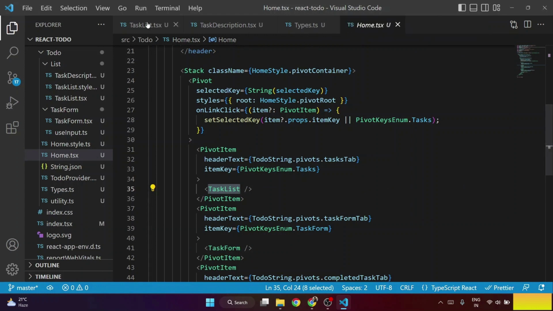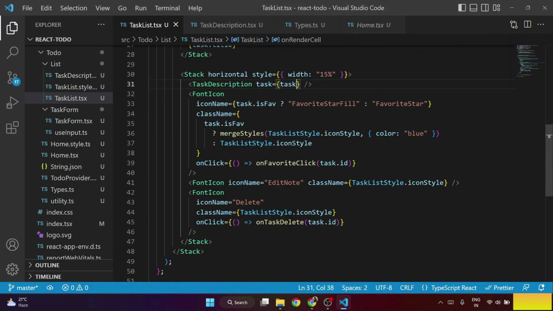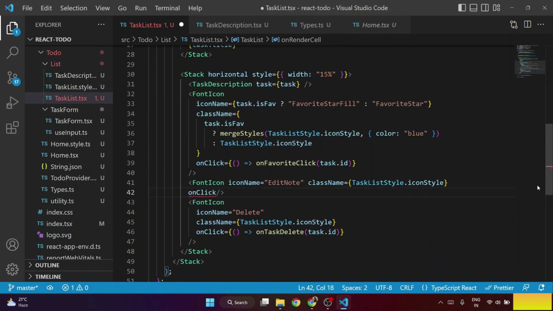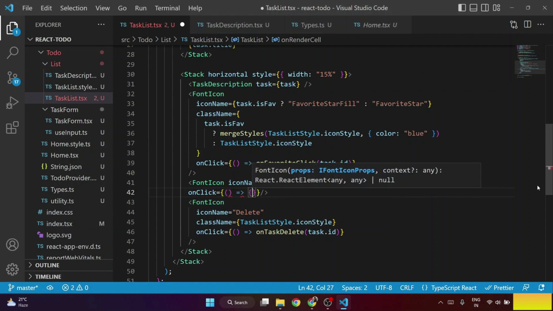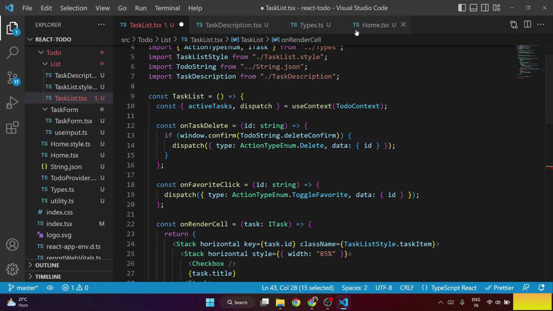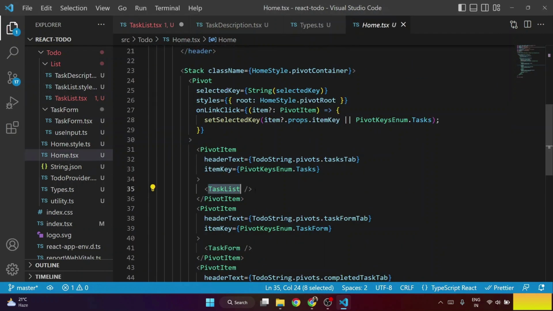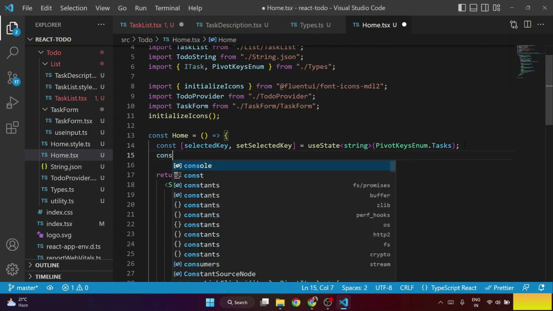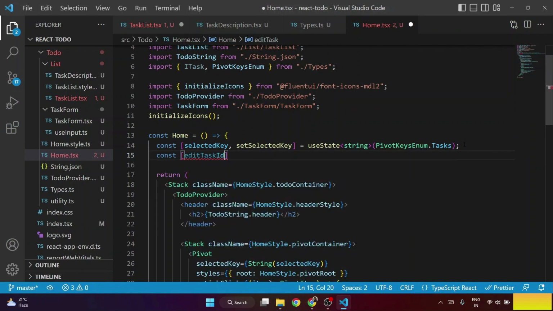Okay, let me close this. Inside task list we have this icon, edit node. On click I can set that ID on edit task click. And there I can pass the task ID which I need to edit, and this function we can take from the home. Let me create here first edit task ID, set edit task ID,